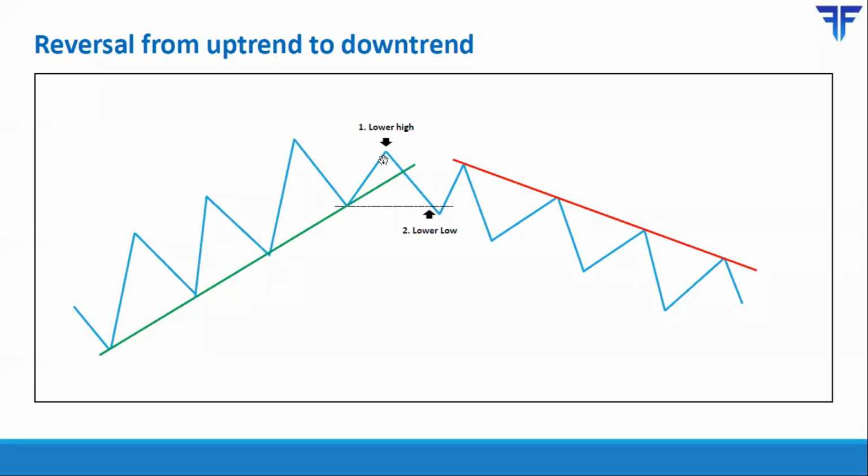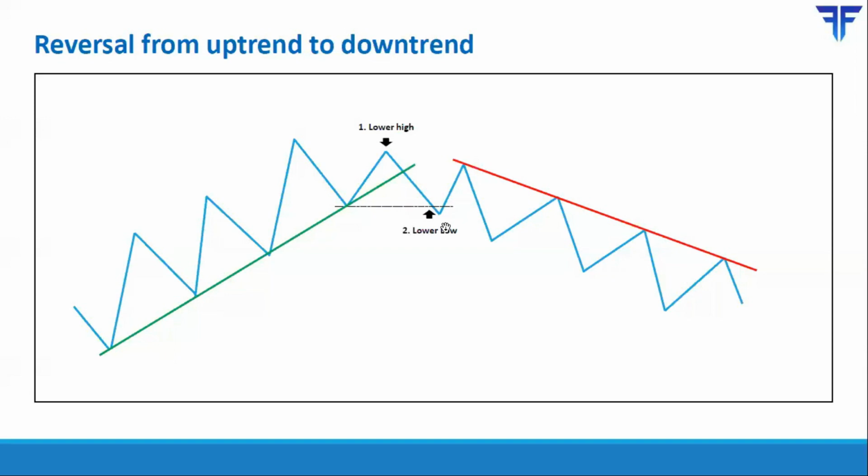Over here, you had the first sign of trouble. Price did not make a new high. That is, price did not break this high and started drifting lower. And as it started drifting lower, the former support, which is this point, was broken. So after the sequence of higher highs and higher lows, you have a first sequence of lower high, which is this point, and lower low. That tells you that the uptrend has reversed.